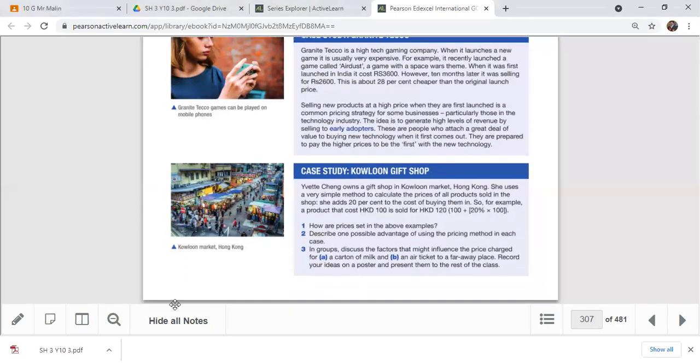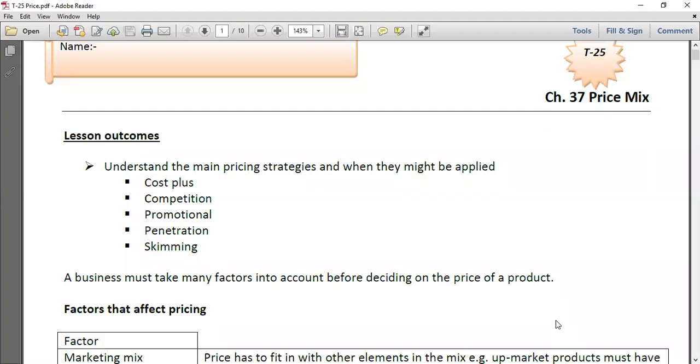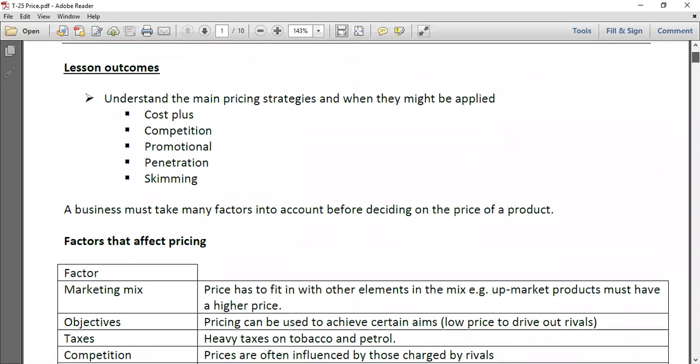Okay, so in this lesson we are going to discuss the pricing mix, and the most important thing in the marketing mix, one of the decisions, is price. So the lesson outcome today: we're going to talk about these methods and understand the main pricing strategies: cost plus pricing, competition pricing, promotional pricing, penetration pricing, and skimming pricing. Okay, let's see what are the factors affecting the price. So you can see here, first one,